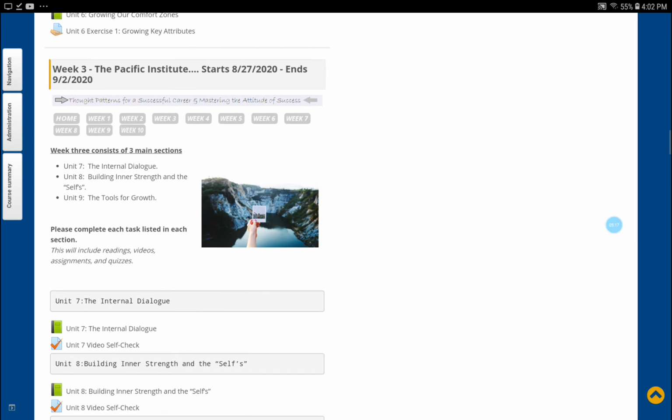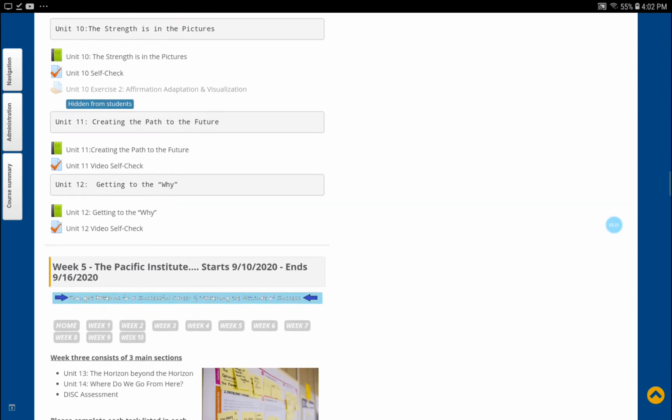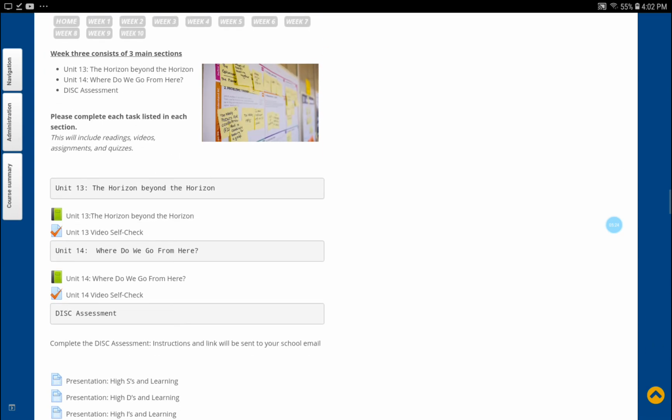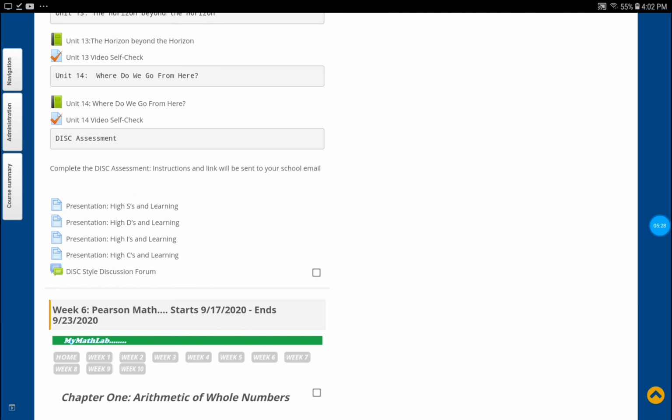So I'm going to scroll down here. There are about 14 units that we'll cover here. So in week 5, we have 2 units. Units 13 and 14 finishes that up. Also in week 5, we are going to,